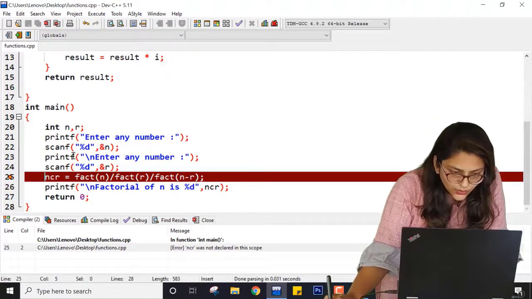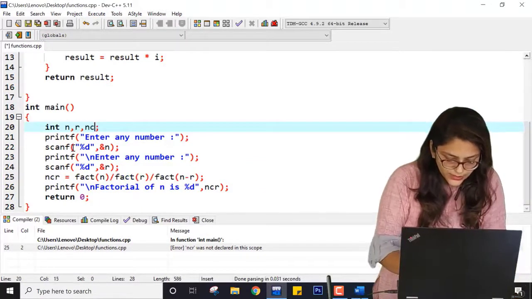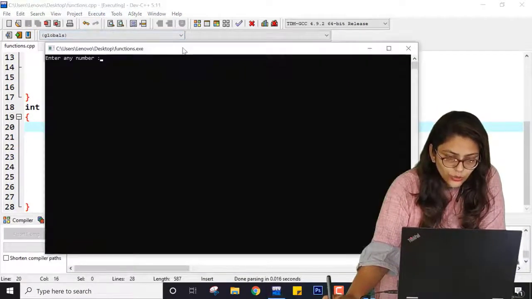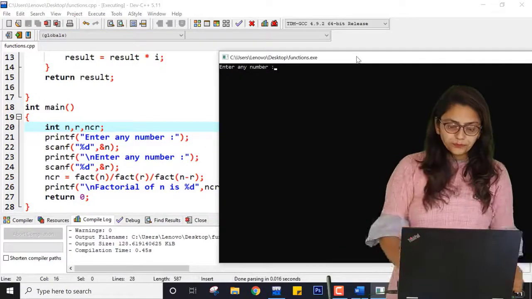Here NCR was not declared, so NCR should be there in the declaration. Is there any other error or not? No. So now I am finding